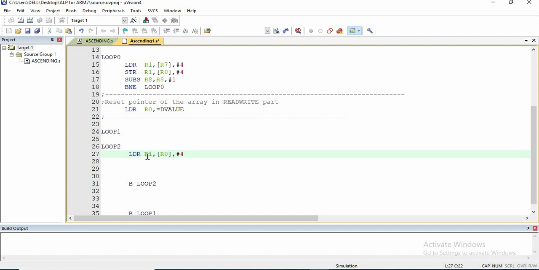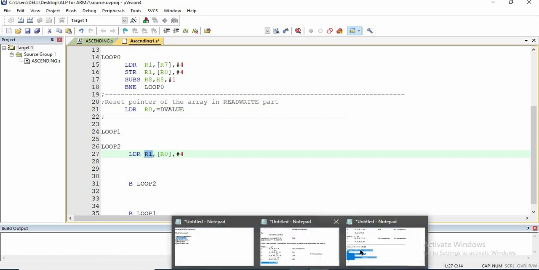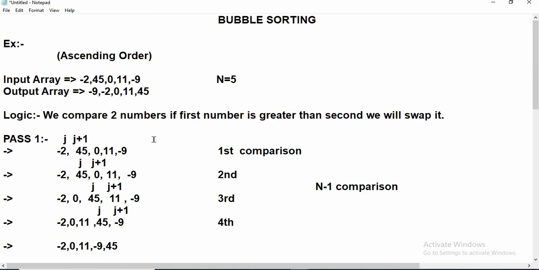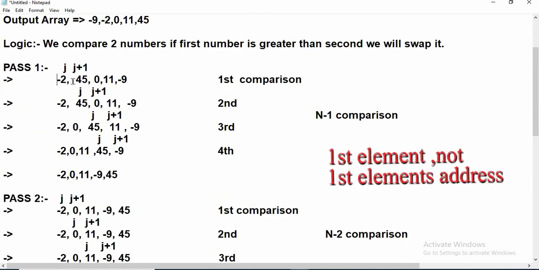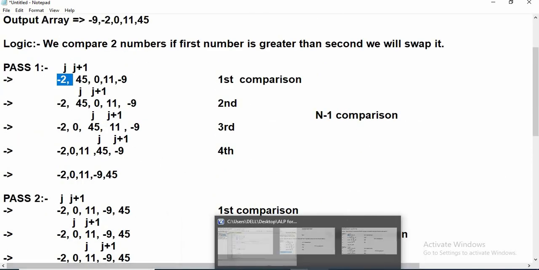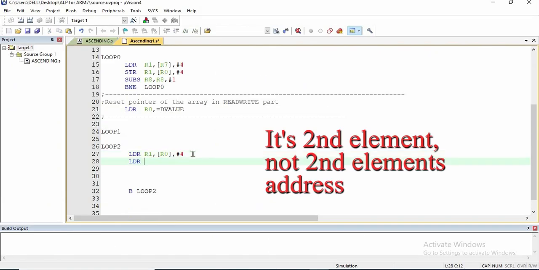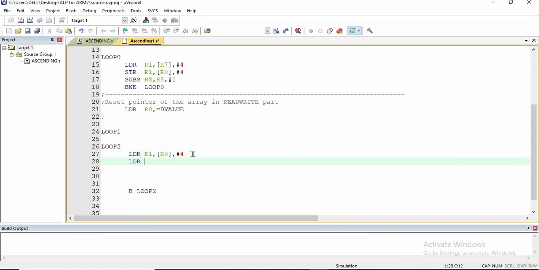I have the first element in R1 over here. In the first pass, the first element's address I have in R1 now. Now I want the second element also for comparison. So I will write LDR R2, in brackets R0. By this I get the second value also.